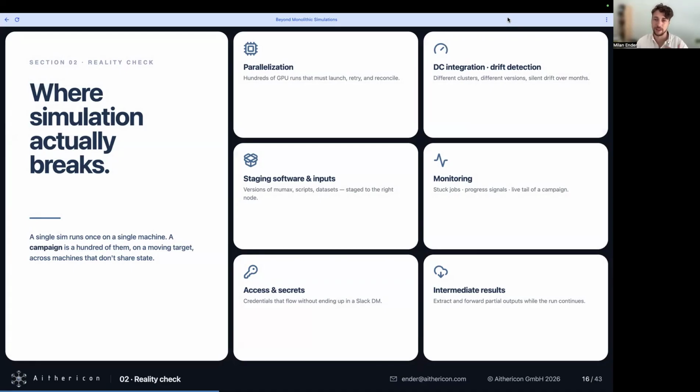So on the one hand, we have more often than not now the aim to parallelize across multiple servers, across multiple runs. One workflow might involve several hundreds of simulations, for example, if you do a parametric sweep. And yeah, we have timing issues, we have network partitioning, all sorts of problems that can occur.